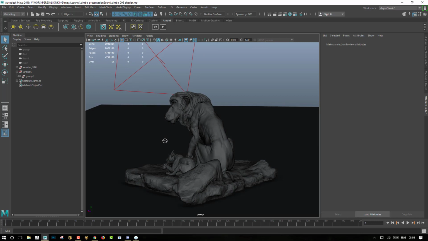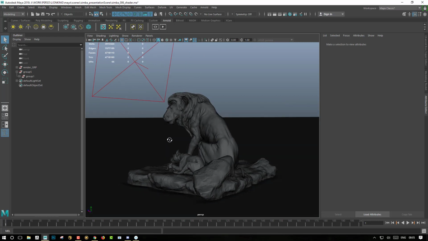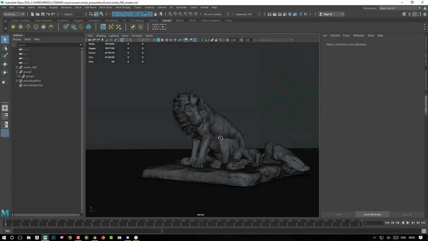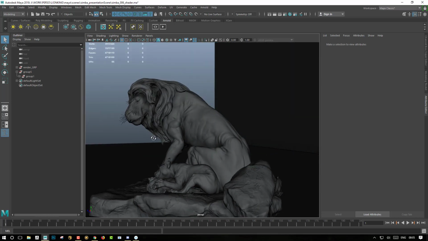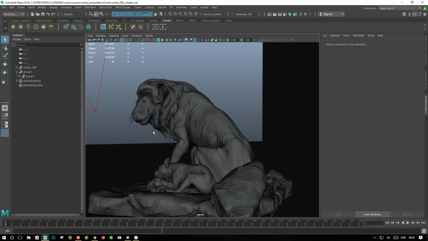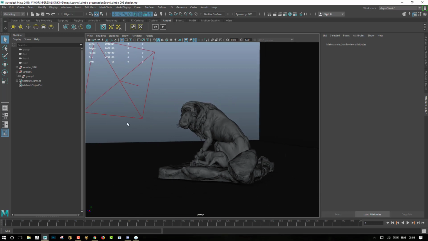If you have tons of accessories and several millions of polygons, you may not be able to decimate everything and bring everything into Maya, because Maya is really picky with the number of polygons. But if you don't have a huge amount of polygons, here I am at 4,700,000, which is still workable.